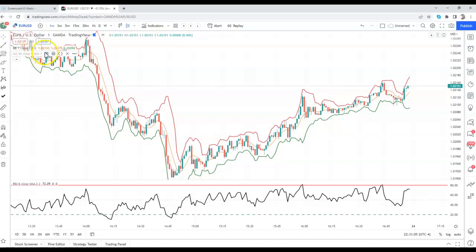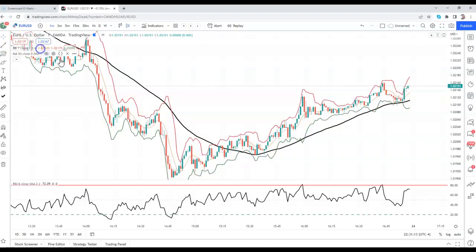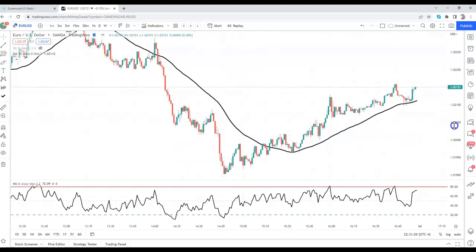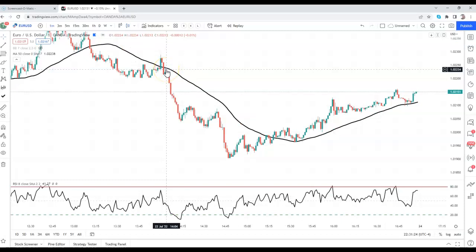Say the Bollinger Bands are getting in your way and you just want to hide them for now. You could hover over Bollinger Band, click the eye, and it's going to hide them, right? It's awesome, guys. So this is that portion of understanding TradingView and how to take trades. You can publish your own trade ideas to the public community of TradingView if you want. There's just so much here, guys, within TradingView that you could use and really implement to help you